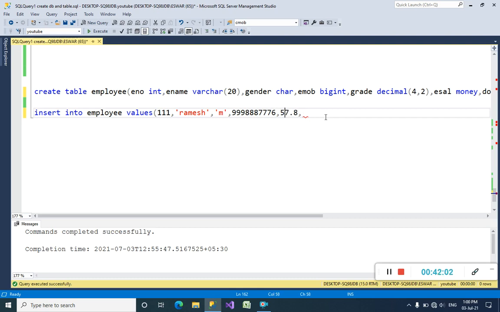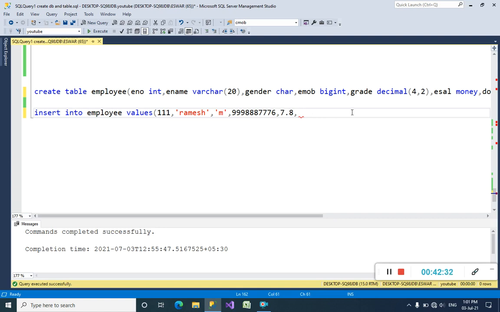Precision means 4 digits in total. After the decimal point is the scale. Here we have only one digit after the decimal, but we can give up to two digits, so it will insert successfully.